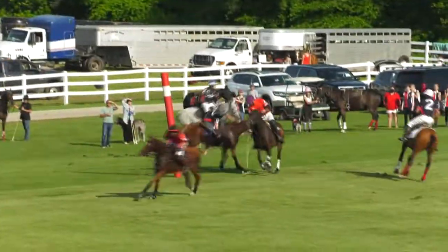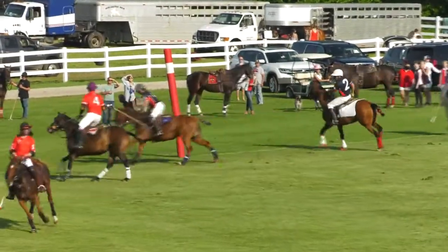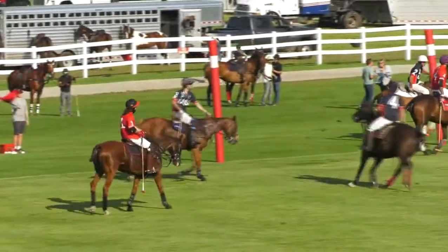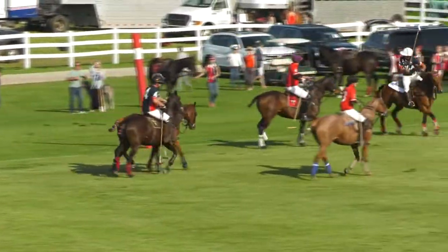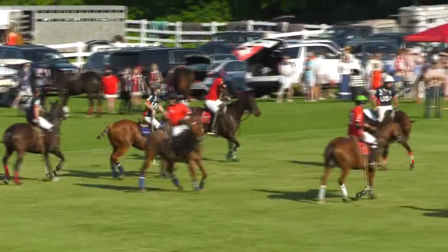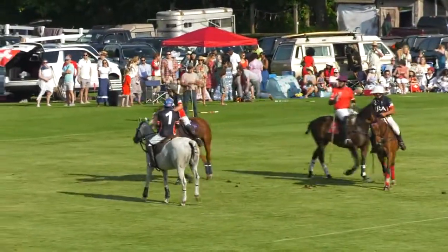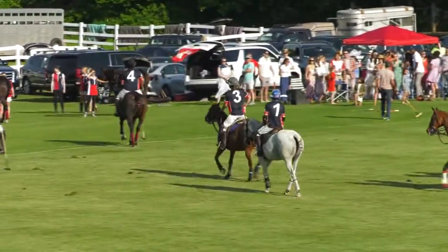Who's going to be on the line here? Oh, it's a hook of Tito. I don't believe it. Charlie Bullis goes around the corner. Well played, Bullis. What a hook. Tito thought he was going to have a clearing shot, and he didn't. And there goes the bell. So that will end that chukker. And the teams will go off